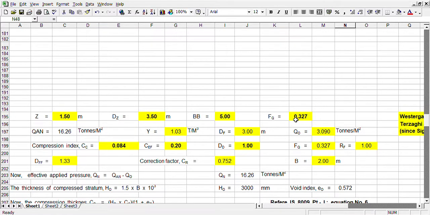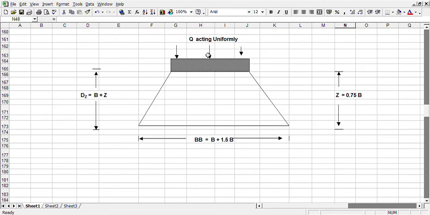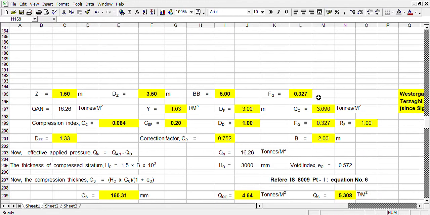So the reduction factor at the center, at this point, the load will be decreased to this much, that is 32.7%. So considering the concentrated load, we have to calculate the anticipated total area. To calculate the total settlement, our load is this much, our total weight is 3.5,